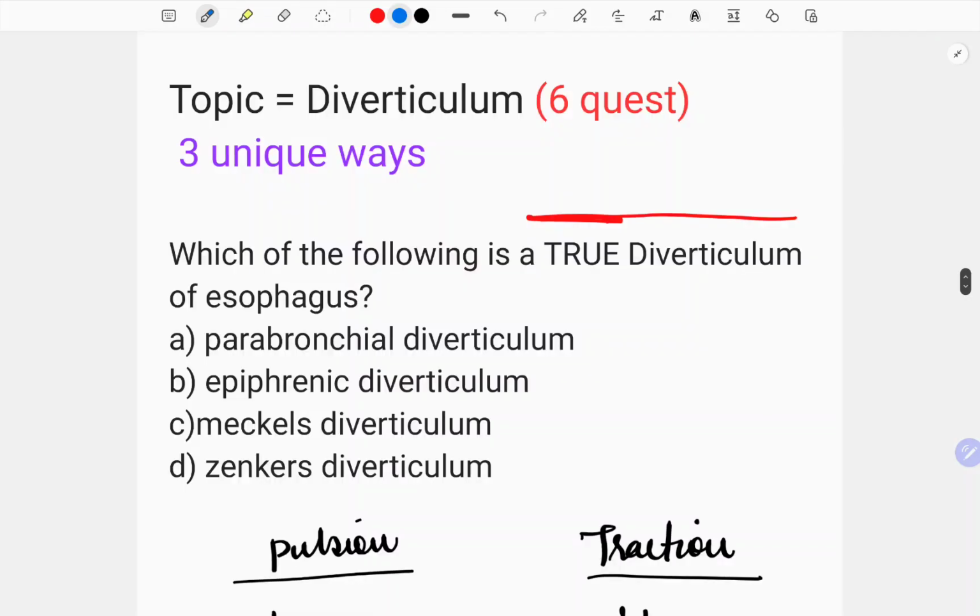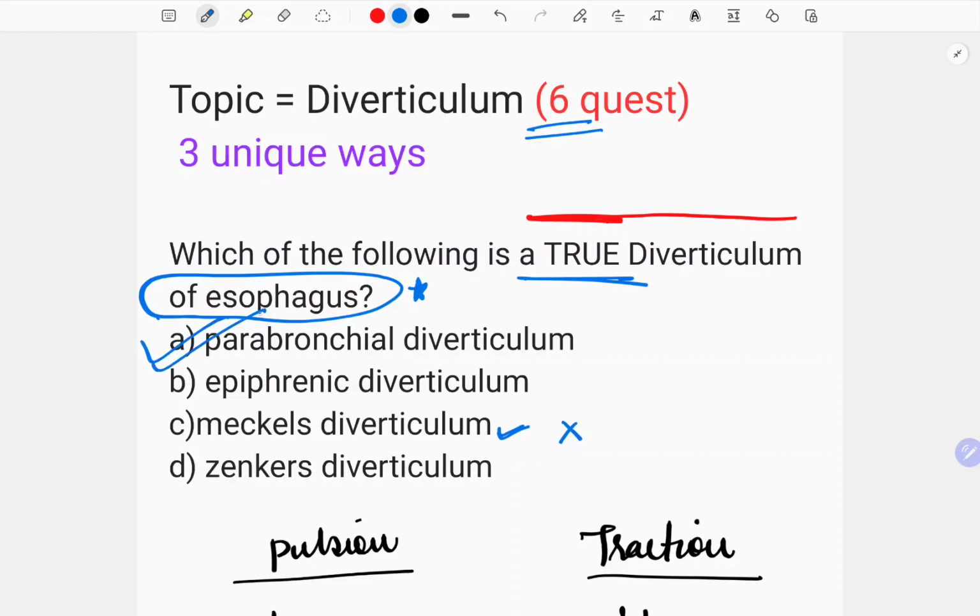Now the next very important topic is the diverticulum. 6 questions have been asked in 3 different ways. Which of the following is a true diverticulum of the esophagus? See, this question was very confusing because most of the students did not read the esophagus part, and they marked the answer as Meckel's, which is a wrong answer. The answer here is parabronchial diverticulum, because they have asked about the true diverticulum of the esophagus,